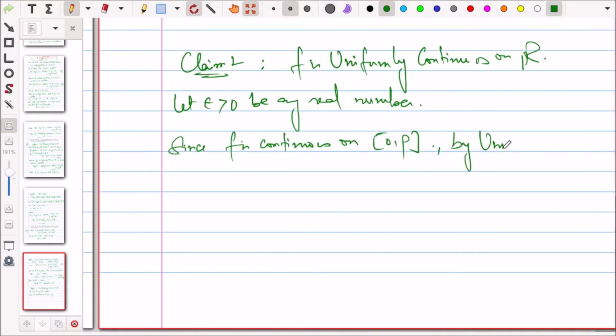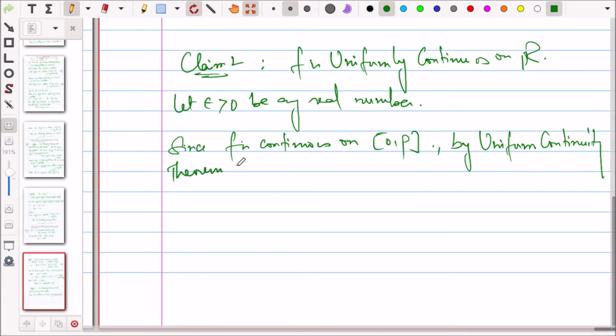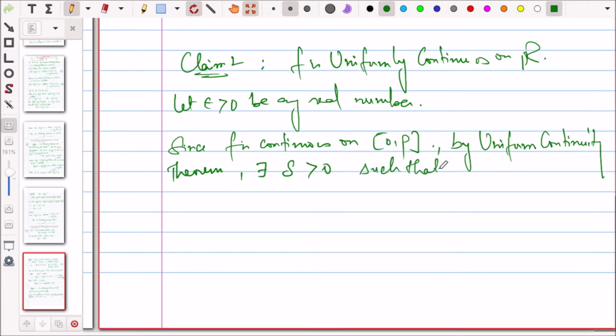So by the uniform continuity theorem, there exists delta greater than 0 such that |f(x) minus f(y)| is less than epsilon whenever, sorry,